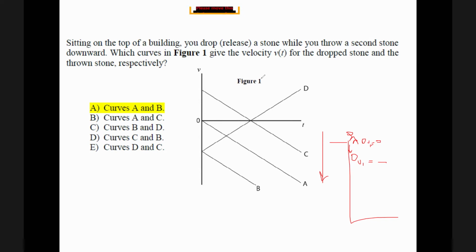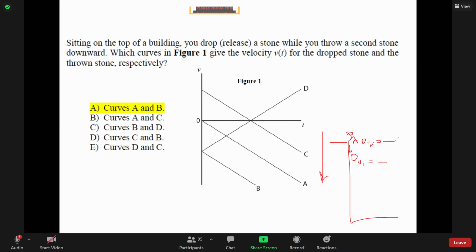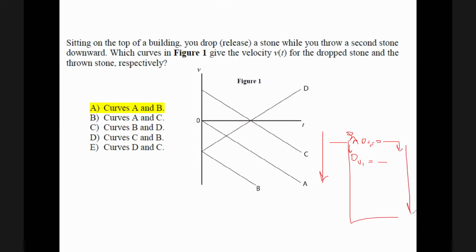Now, one of the stones has initial velocity 0. Another stone has initial velocity negative. The stone that has initial velocity 0, this one, what happens to it? His speed will become, or velocity increases with negative. Why increase with negative? Because gravity is pulling down. So the stone that started, this is a curve of velocity versus time.